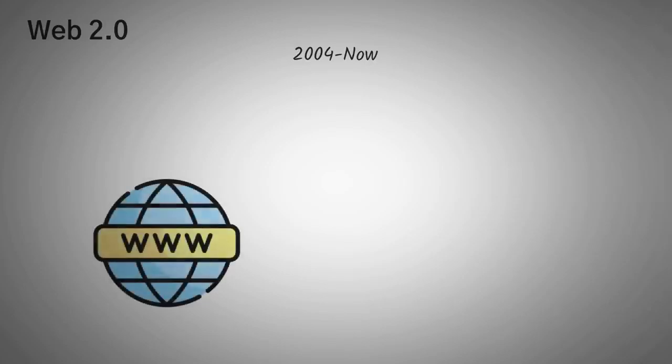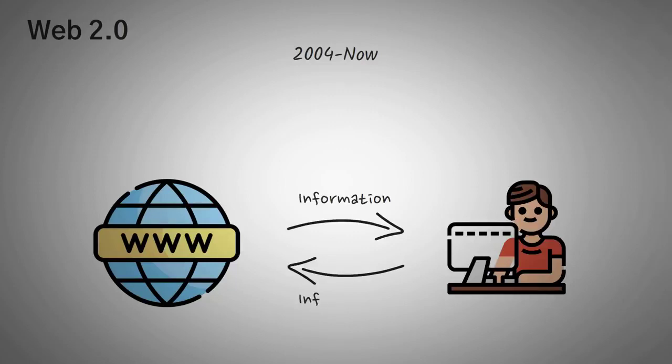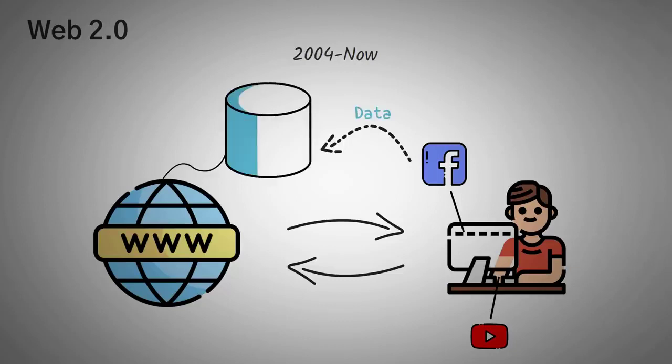Next, we have Web 2.0 from around 2004 until now. During this time, the web evolved a lot, but one of the biggest changes was the interactivity of the internet. This meant that not only did we get information from pages, but the web pages started getting information from us. As we viewed Facebook and YouTube and performed Google searches, these centralized companies started collecting data about us so that they could serve us better content, which in turn would make us stay on their websites longer.